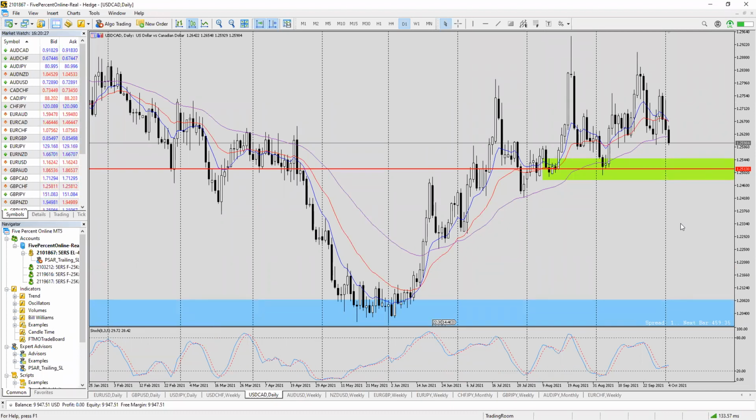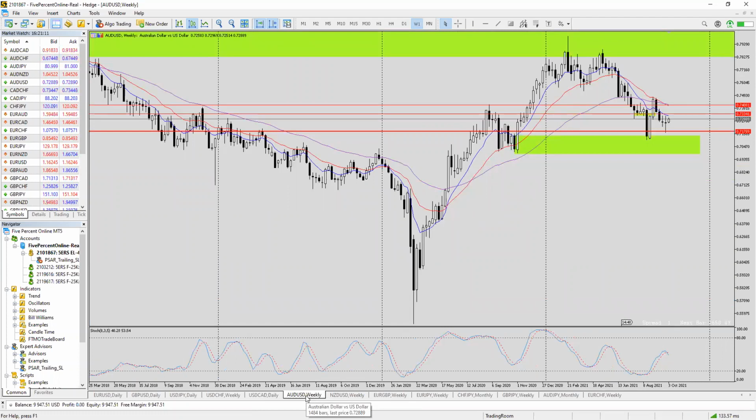But if oil, which is currently in a supply zone of itself, starts going lower, then we should expect the dollar CAD to start moving higher. And since oil is in a supply zone and has been moving up and down in the last few weeks, so is the dollar CAD. So those of you who are trading the Canadian dollar, keep an eye on oil prices as well, crude oil, and especially